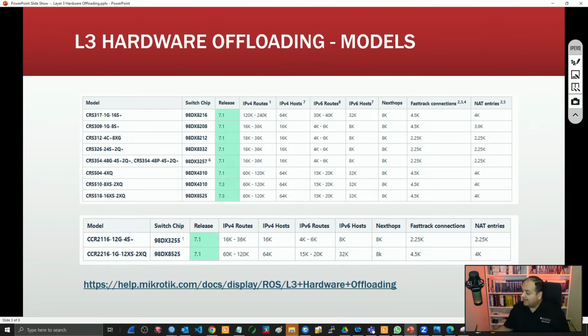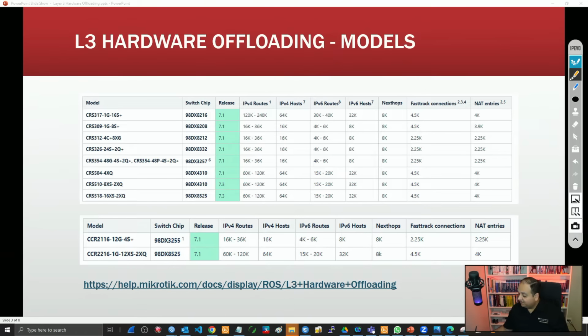In these two tables that you see now on the screen, we can see some of those models, what are the different features that those devices will support, and the number of entries they will allow, because that is going to change depending on the specific model. So here you can see some of the CRS 300 and 500 series. You can see that we have here the switch chip model. We have the number of IPv4 routes. We can go from something like 16,000 up to 240,000. We can have a bunch of NAT entry rules. So you can see with some devices it's a little bit more than 2,000, but we can get up to